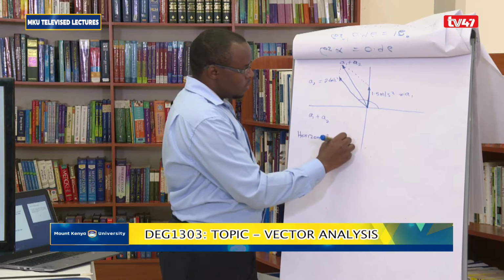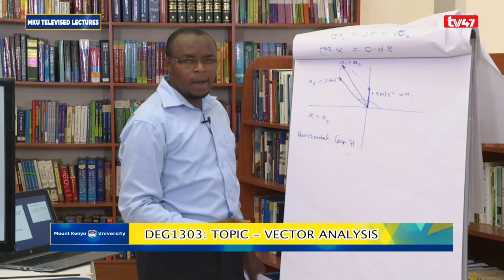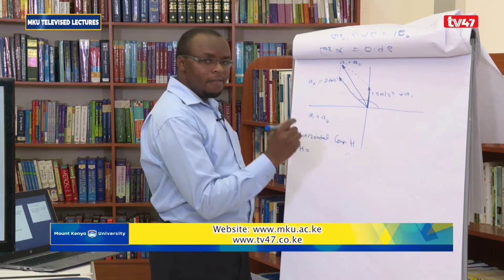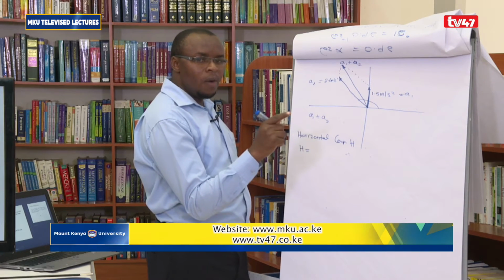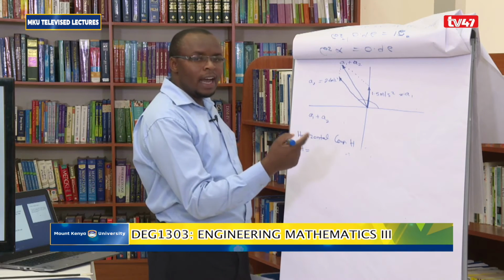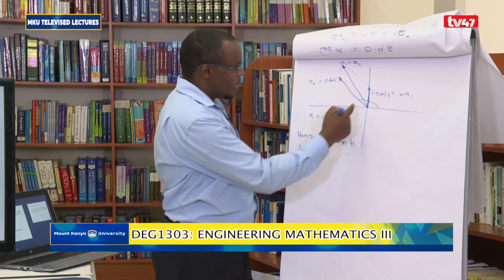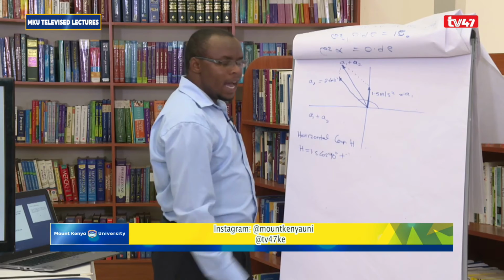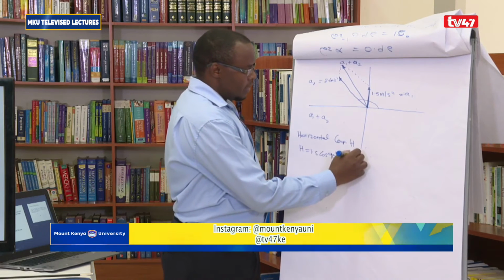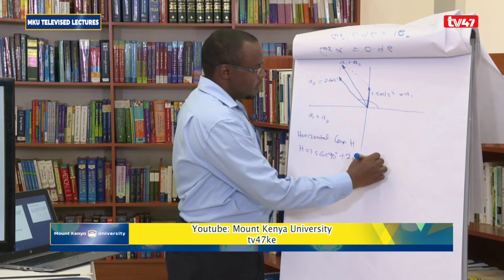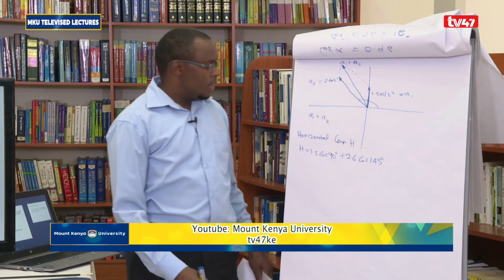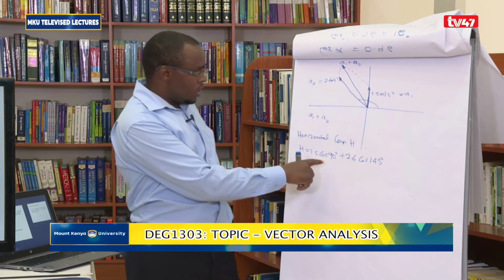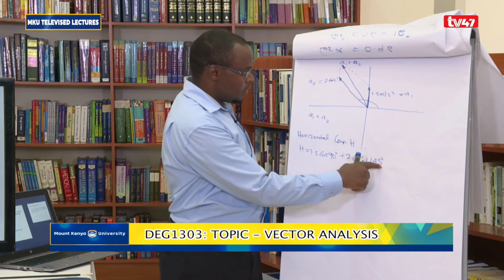We are going to have the horizontal component, which is going to be represented by H, and H is going to be given by the first vector cosine the angle plus the second vector cosine its angle. So the first vector is 1.5 cos 90 degrees, then plus the second vector is 2.6 cos 145 degrees. So this is going to give you 0 because cos of 90 is 0, and then this 2.6 cos 145